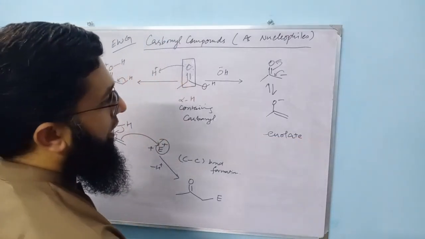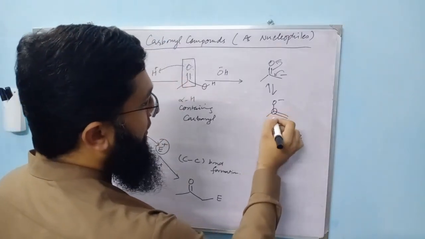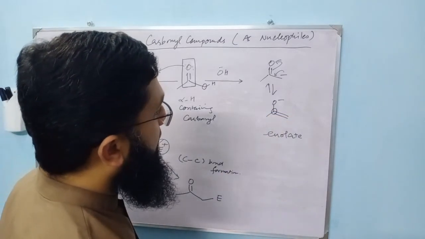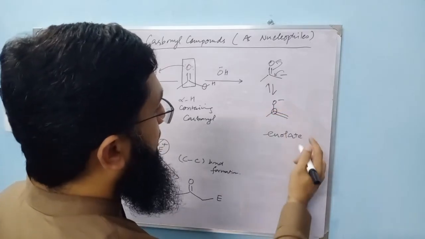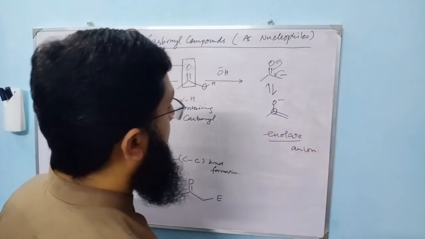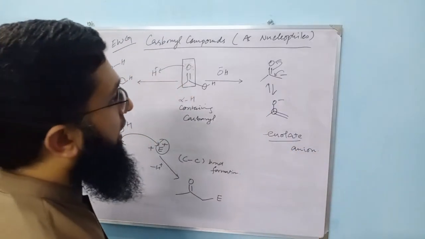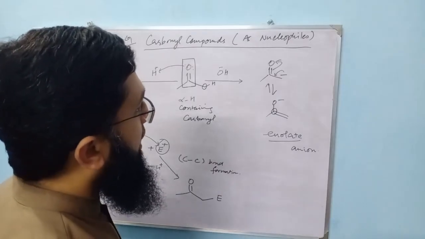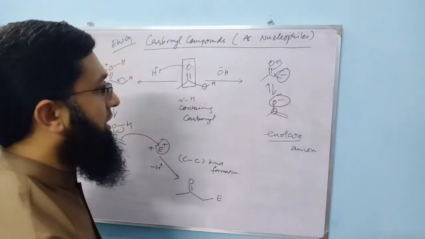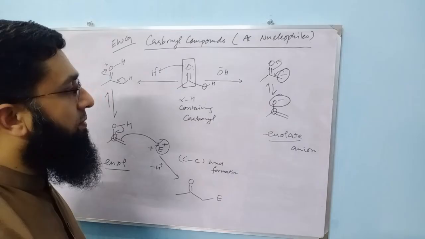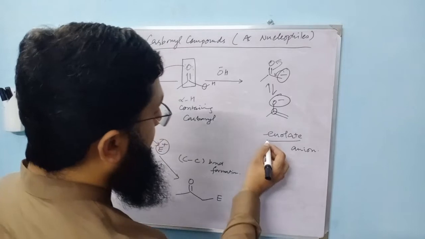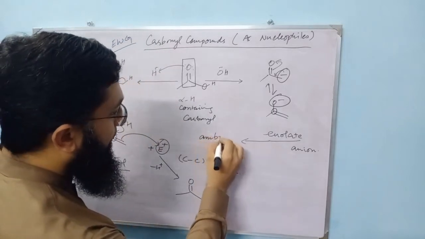And why is it called enolate? Because here we have the carbon which carries a double bond, and also it bears an oxygen with a negative charge. So because it's an anion, this is called enolate or enolate anion. This enolate anion is also nucleophilic in nature. It can attack from this carbon and it can also attack from this oxygen, because both of these centers or atoms carry negative charges. So it means enolate is an ambident nucleophile.